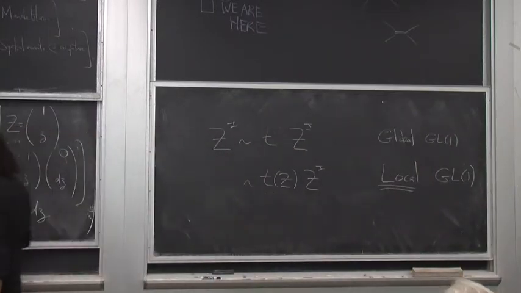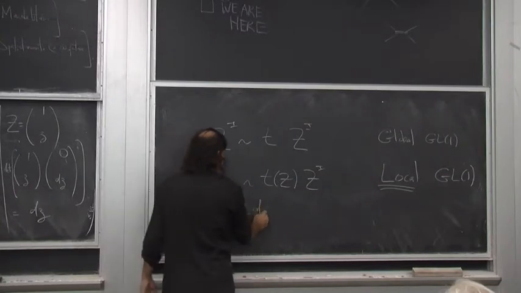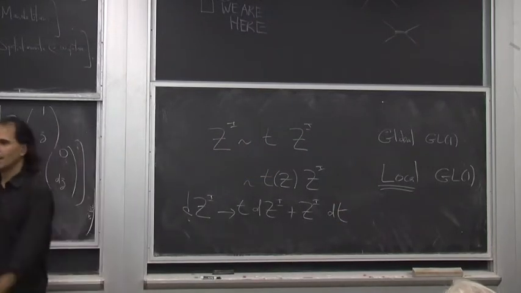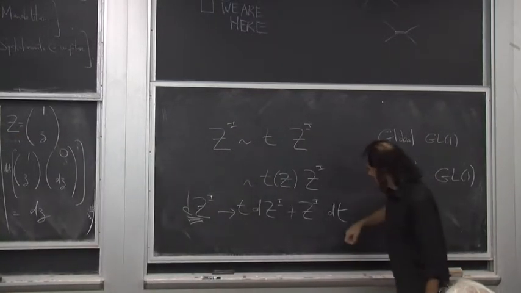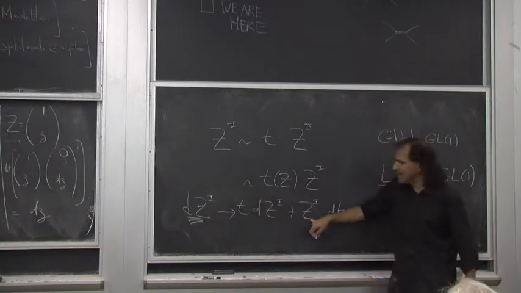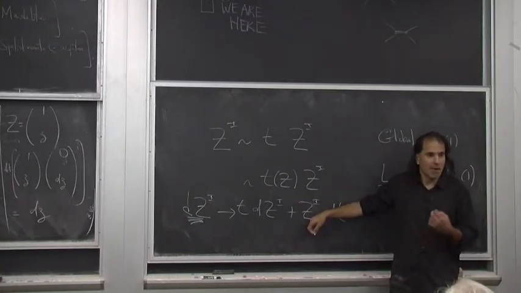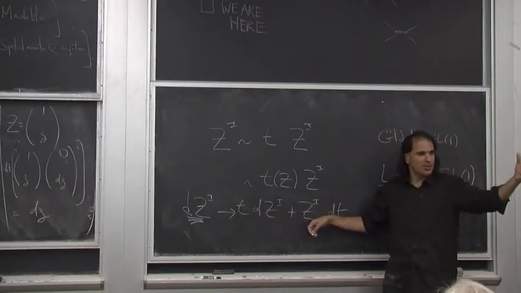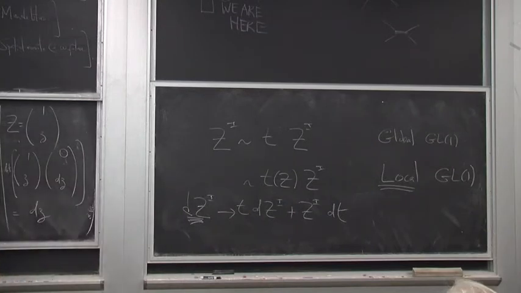And that's pretty non-trivial. Because what does it tell us about dz? Under this local transformation, dz goes to t dz, but it also has a piece that looks like z dt. And therefore, anything you do with dz has to be invariant, because I don't want to have this term, right? Anything that I do with dz has to be invariant if you shift dz by anything in the direction of z. And that's why any form on a one-dimensional projective space must be proportional to z dz. There's no choice. Okay? The z out in front is killing this inhomogeneous piece in the transformation. All right? So that's a very beautiful fact,